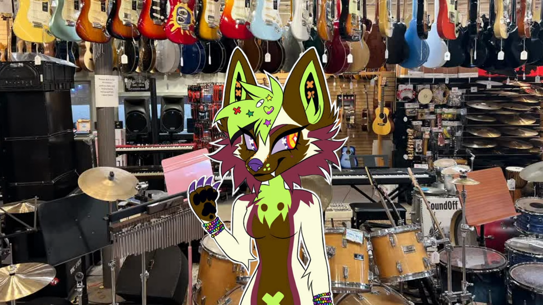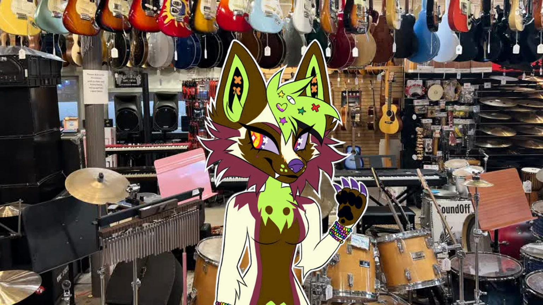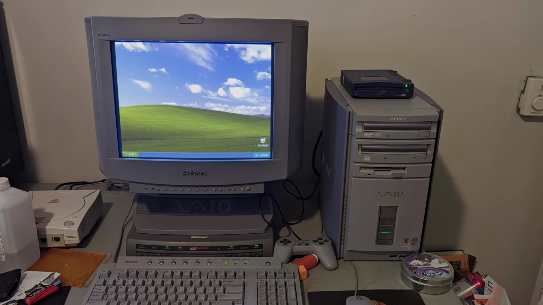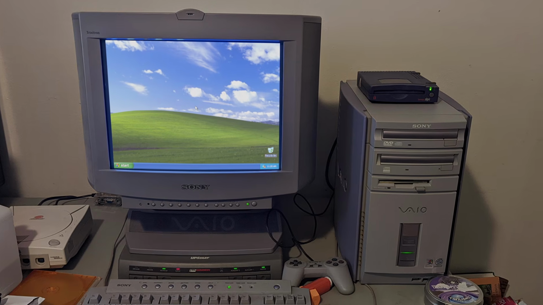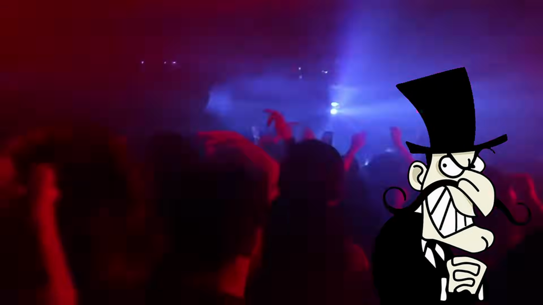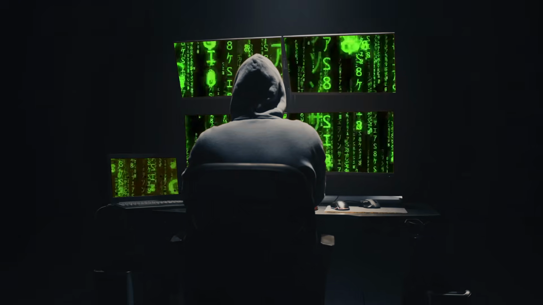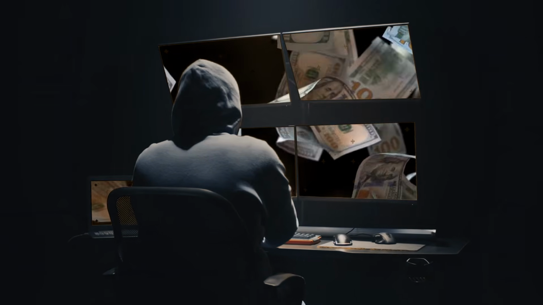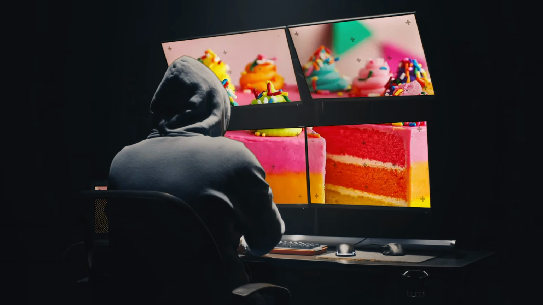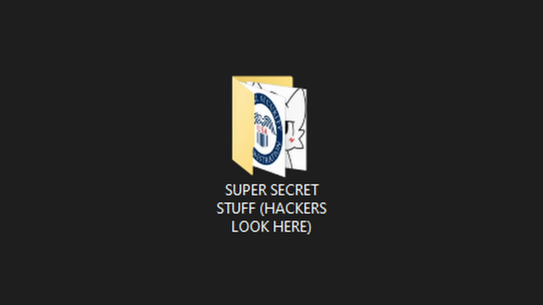Of course, any good party's gotta have music. So what are you gonna use to play music for the entire party? Why, your 2004 Sony Vaio PC with 512 megabytes of RAM tucked away in the corner of your living room, of course. But you think to yourself, 300 is a lot of people. I don't know all these people very well. Some of them might have evil intentions. Some of them might be dastardly villains, sneaky little scumbags. They might go snooping around in my PC if I leave it open to play music, and look at all my bank statements, my social security info, my unsavory images,